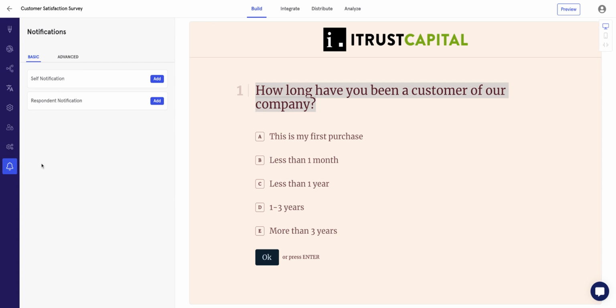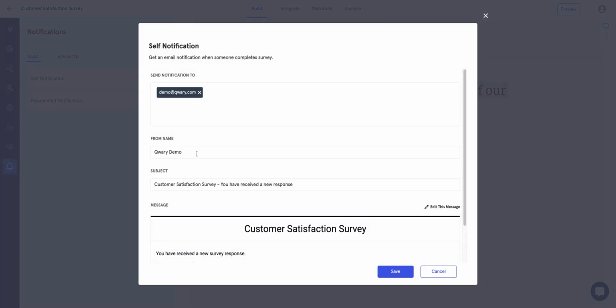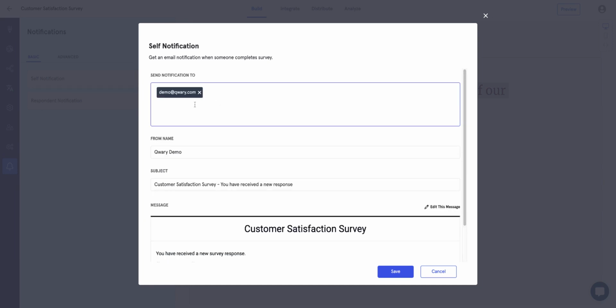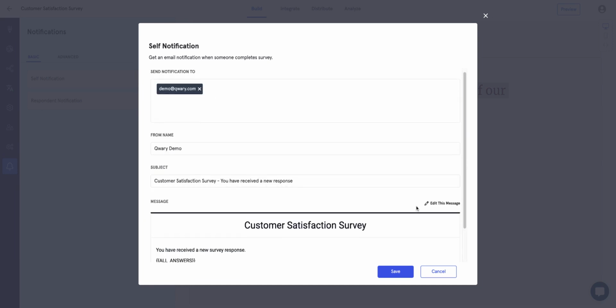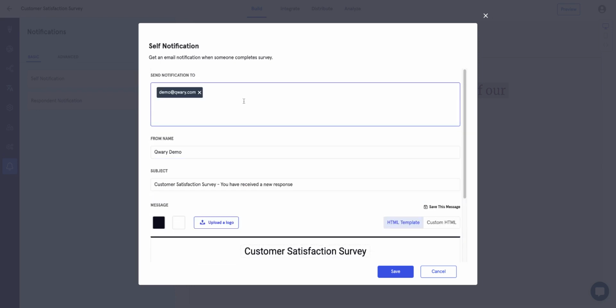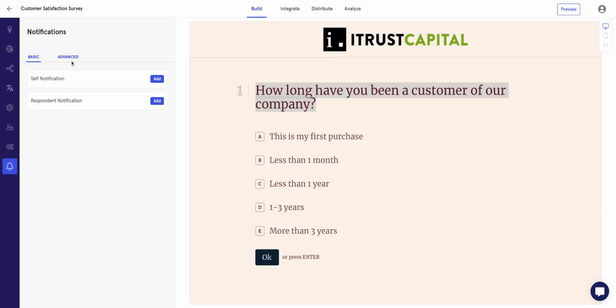We have notifications. Now this is self notifications. It is very basic notifications. Anytime somebody is filling out your survey, if you want to get a copy of the survey, use this self notification option. You can choose to edit this email message, upload your own logo, apply your own branding, change the messaging, add as many new people as you need to this email distribution list and save. So anytime after that, as soon as the survey is filled up, you'll get a copy of the survey response